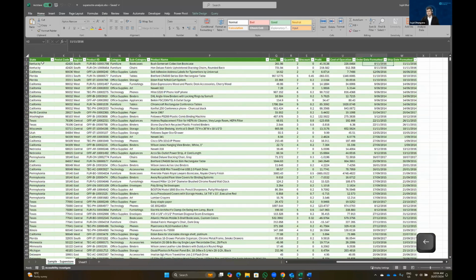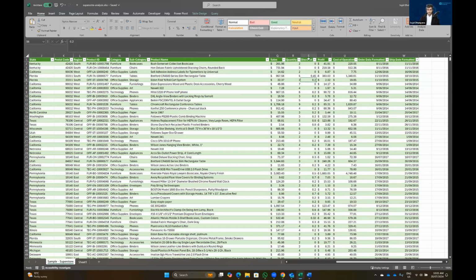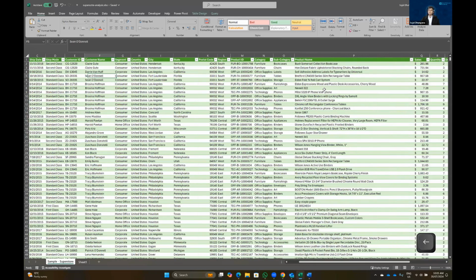And now here we can change whatever we want. Like for example, these profit and cost of operation. We can just select these columns and I say, okay, this is $1. And then if I want to change this dollar to be not dollar, but euro, then we can do euros as well or whatever. So that's how we will do it. And discount seems to be percentage. So let's get that to percentage. All right. So our data looks good here. Now let's try to do some analysis on